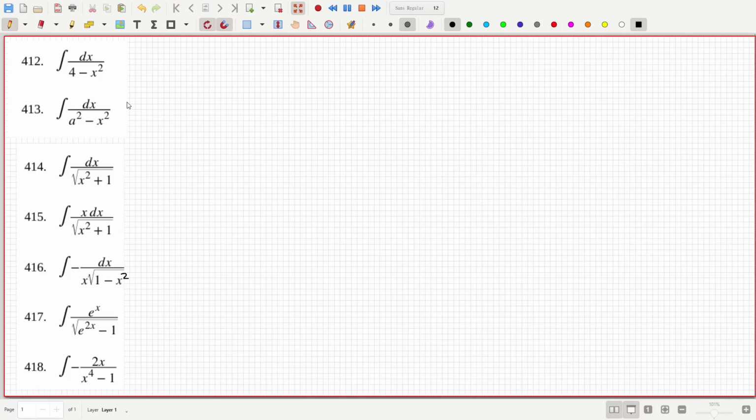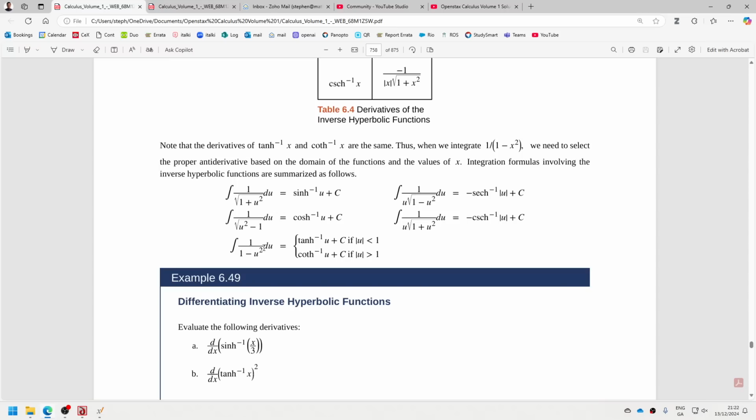So if you say let u equal x over a, then this integration will become dx is a du, and then that becomes, remember x is a, so that becomes a squared, x I mean is au, so that becomes a squared minus a squared u squared. So you can divide top and bottom by a and take a out, so that's 1 over a du over 1 minus u squared, and then that will be 1 over a, and then there you go, it's